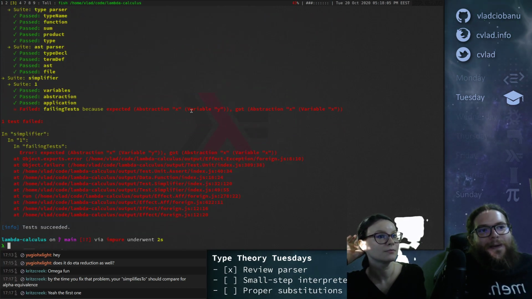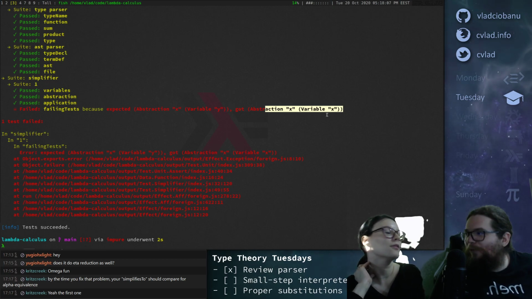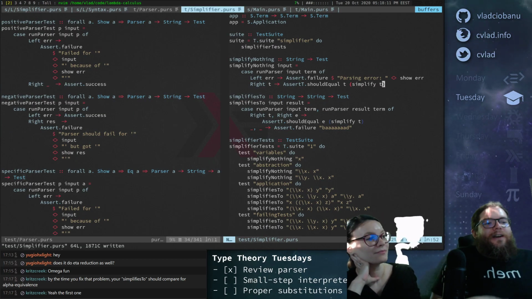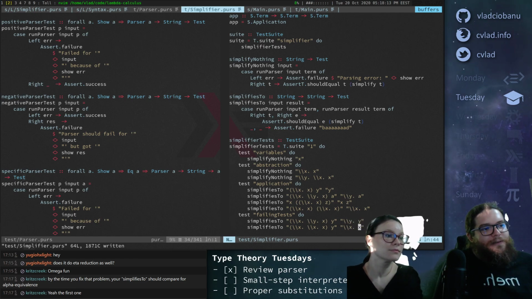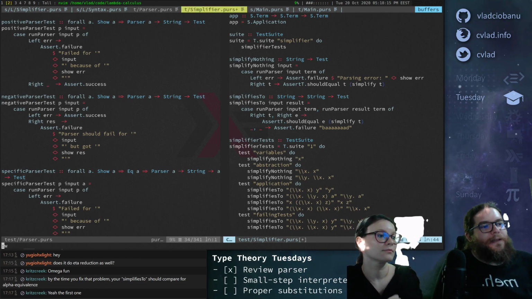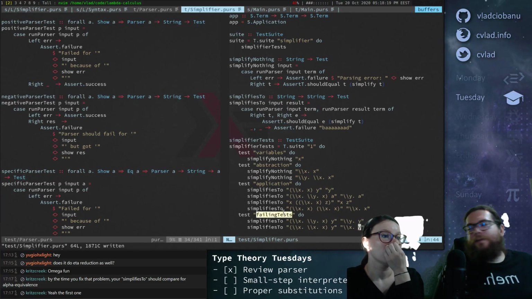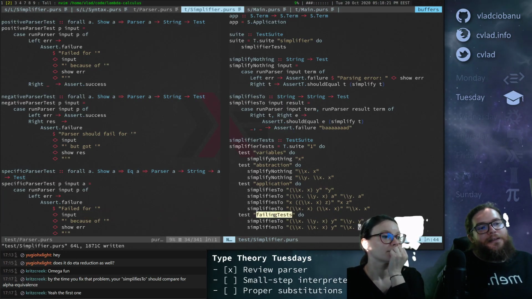Okay, so we were expecting xy, but we got xx. More like it. Okay, so I guess since they are failing tests, we could just annotate here with what we actually get, right? But we know that they're failing because this is how they work, but it's bad that they were like that.